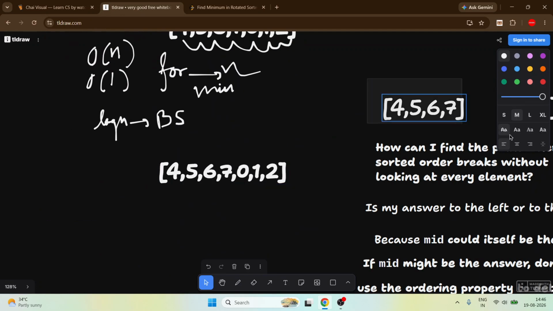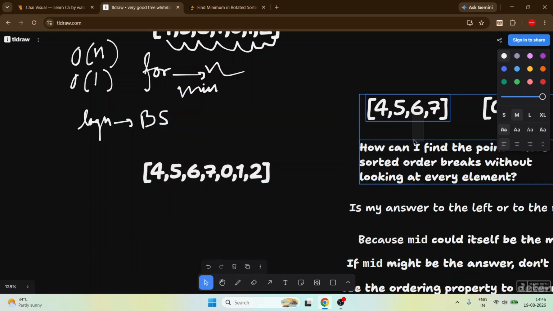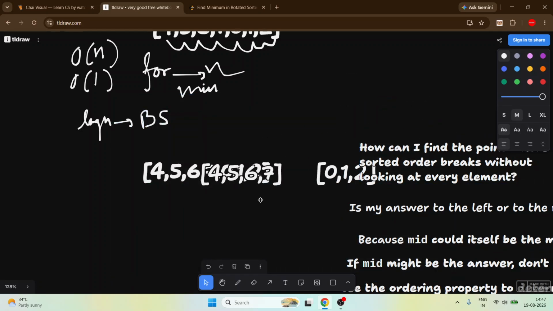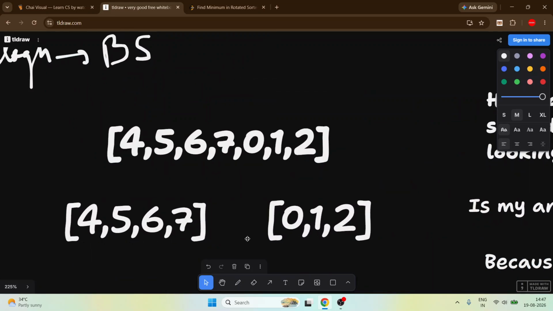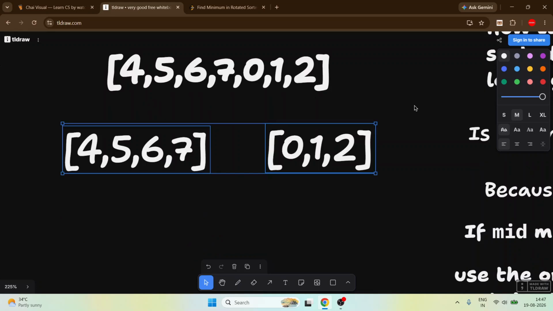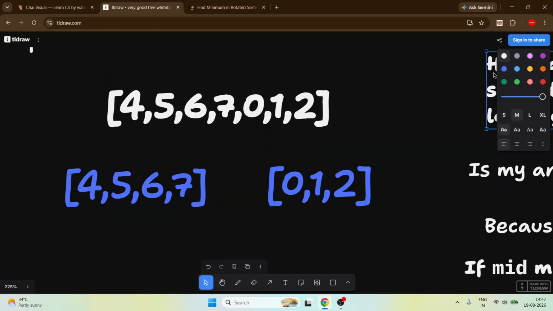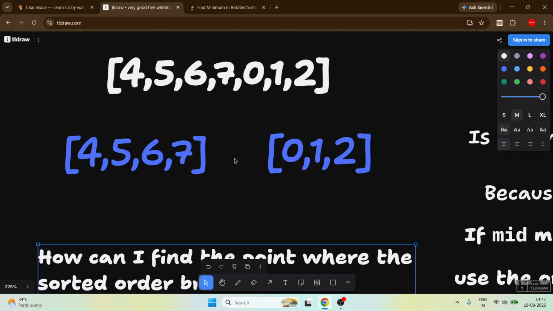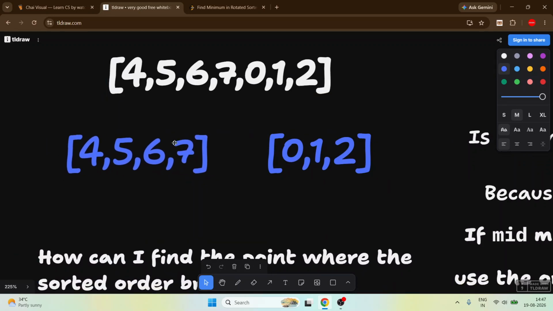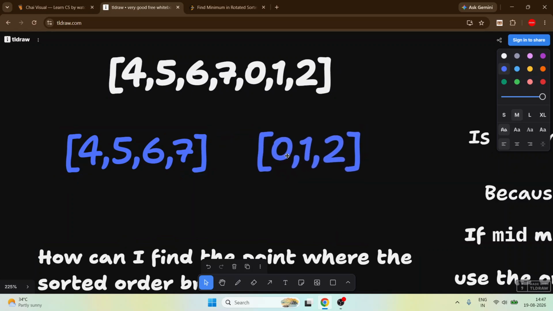Now I'm just taking these two. See, if we break this array into two parts, are this part and this part sorted individually?